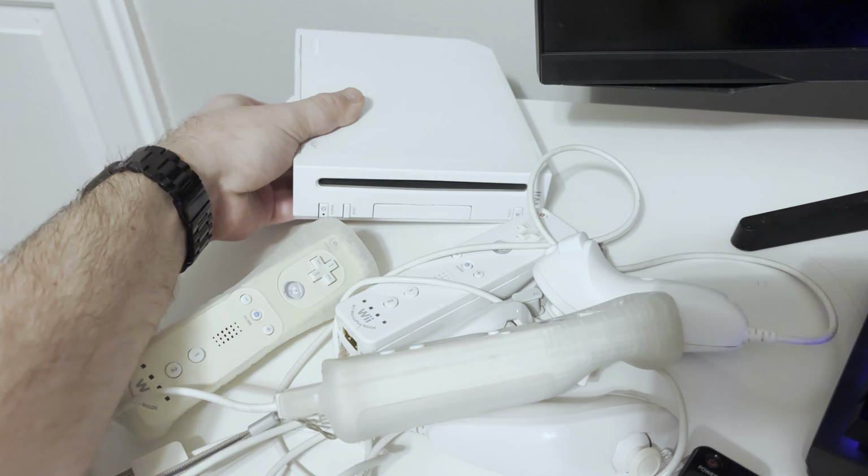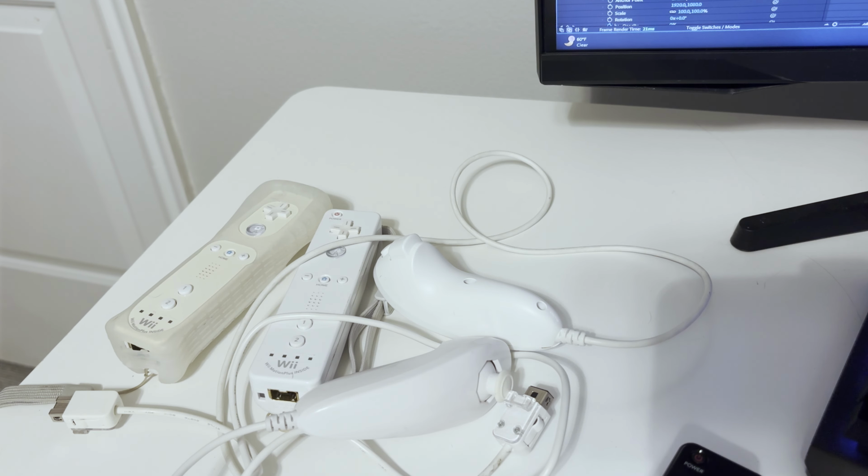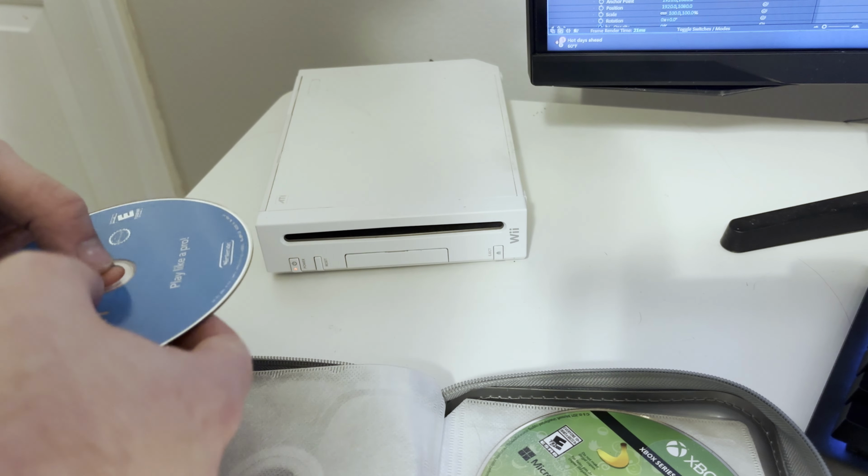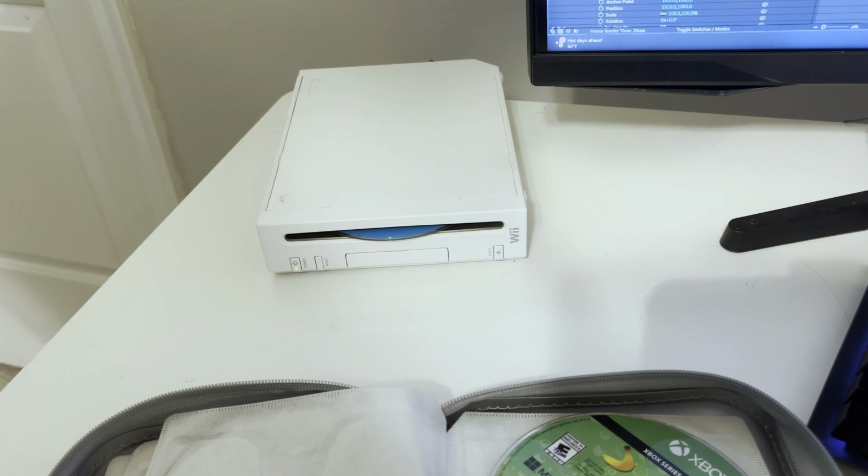Let's say you bought a used Nintendo Wii from Facebook Marketplace or eBay, only to discover that it has parental controls enabled. Now you're completely locked out and can't access the games, settings, or software you wanted to use. In this video, I'm going to show you how to remove parental controls even if you don't know the PIN